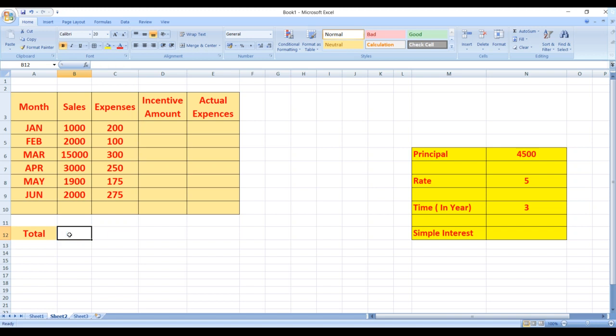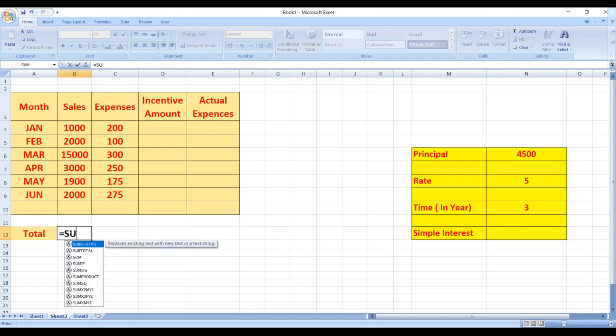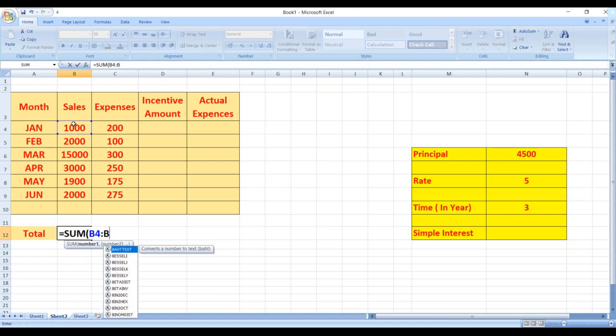Okay, then one more way is there for doing it. Let me delete it. Equals to sign, then I'll type the sum function. I will open my circular bracket. I'll click on this January month, then I'll add the colon and I will select the last cell and close the bracket.